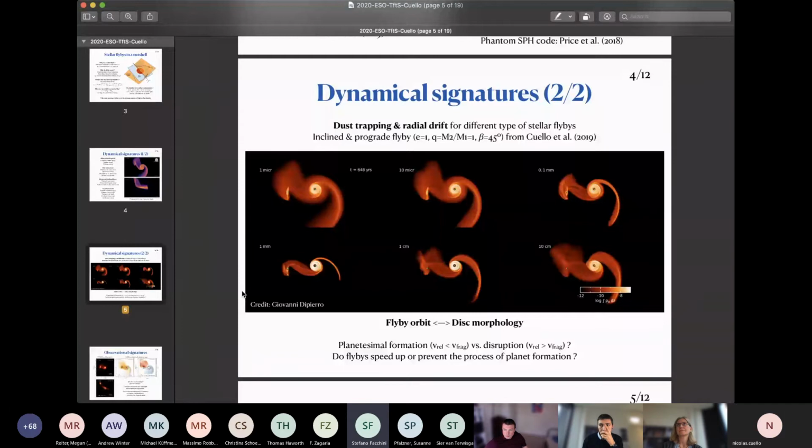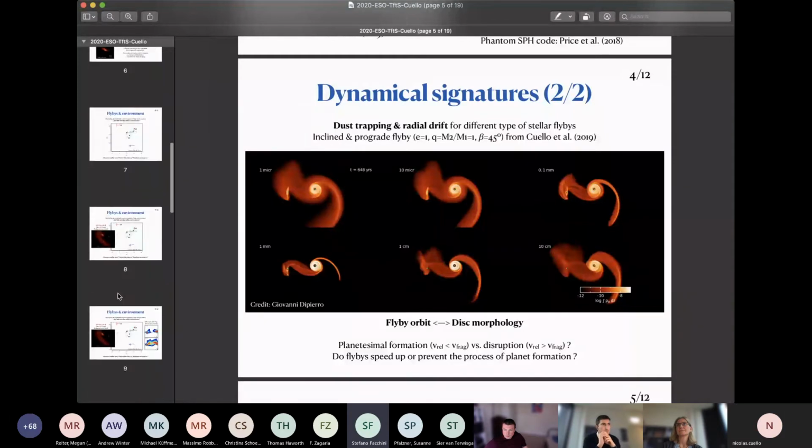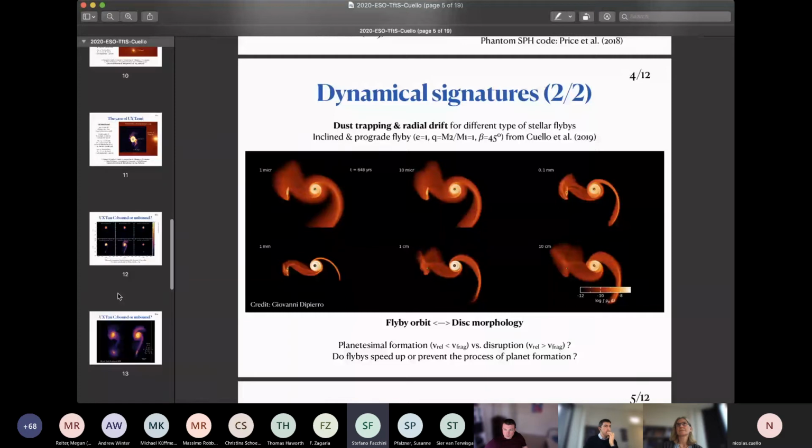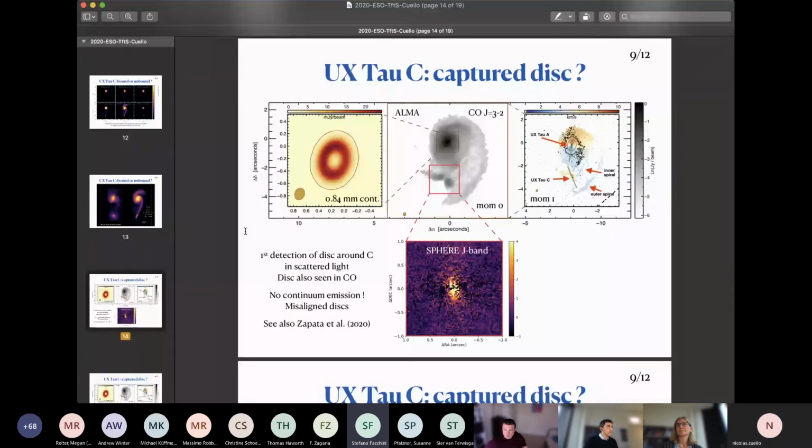The first one is, in UX Tau, can you say whether the actual gas spiral is unbound from the ALMA kinematics from the primary? And the second question is, how can you distinguish between an unbound system and a bound system with a very high, like 0.98 eccentricity on a very long dynamical timescale?